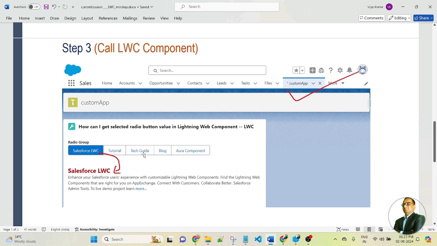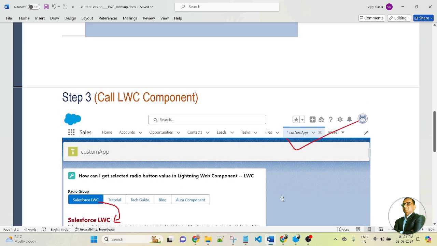Similarly, if I click on the Tech Hive, Blog and other tabs, the selected tab will be visible and the previous tab will be hidden, and the selected data will be visible below the tab. So friends, here you can see currently I selected Salesforce LWC, so the Salesforce LWC data is displayed below the tab. Once you click on the next tab, the previous tab will be hidden and the next tab will be displayed below.